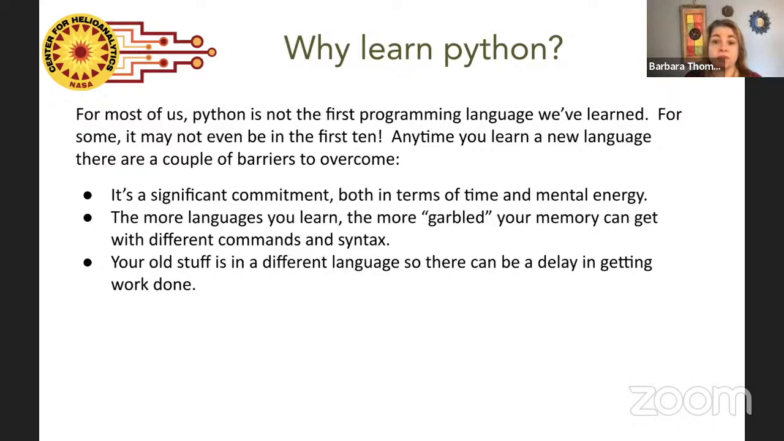First and foremost, it's a huge commitment. A lot of us don't have a lot of time. A lot of us have a lot of things to think about. And so in terms of time and mental energy, it's a drain on sometimes your resources that you're already in need of conserving. Another thing, if you have learned a lot of languages, is that the way that you